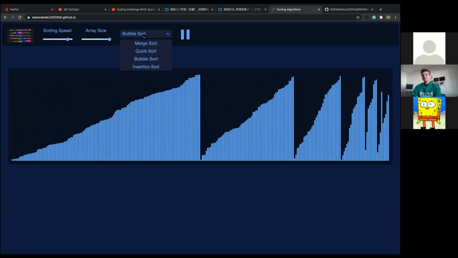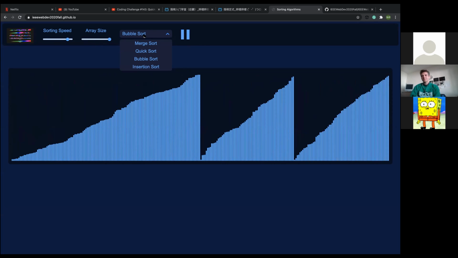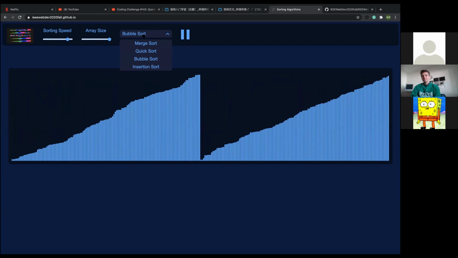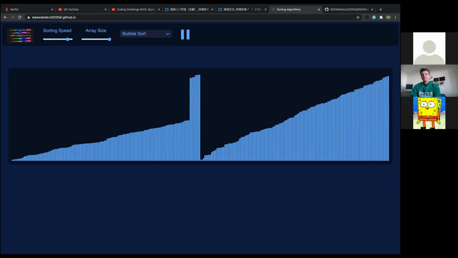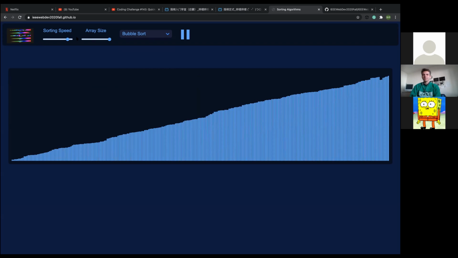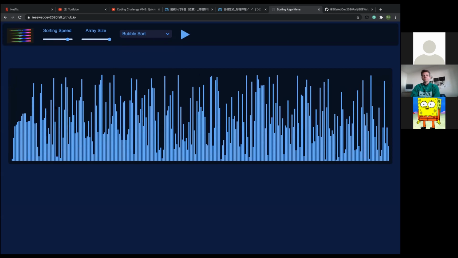But the thing that we're worrying about now is how do we implement the speed control? So now the range is from 1 to 100. And the way we're making this animation is that when you click play, it sorts the entire array and records all the animation that we need to do to the array and plays that. And the way we play that is to